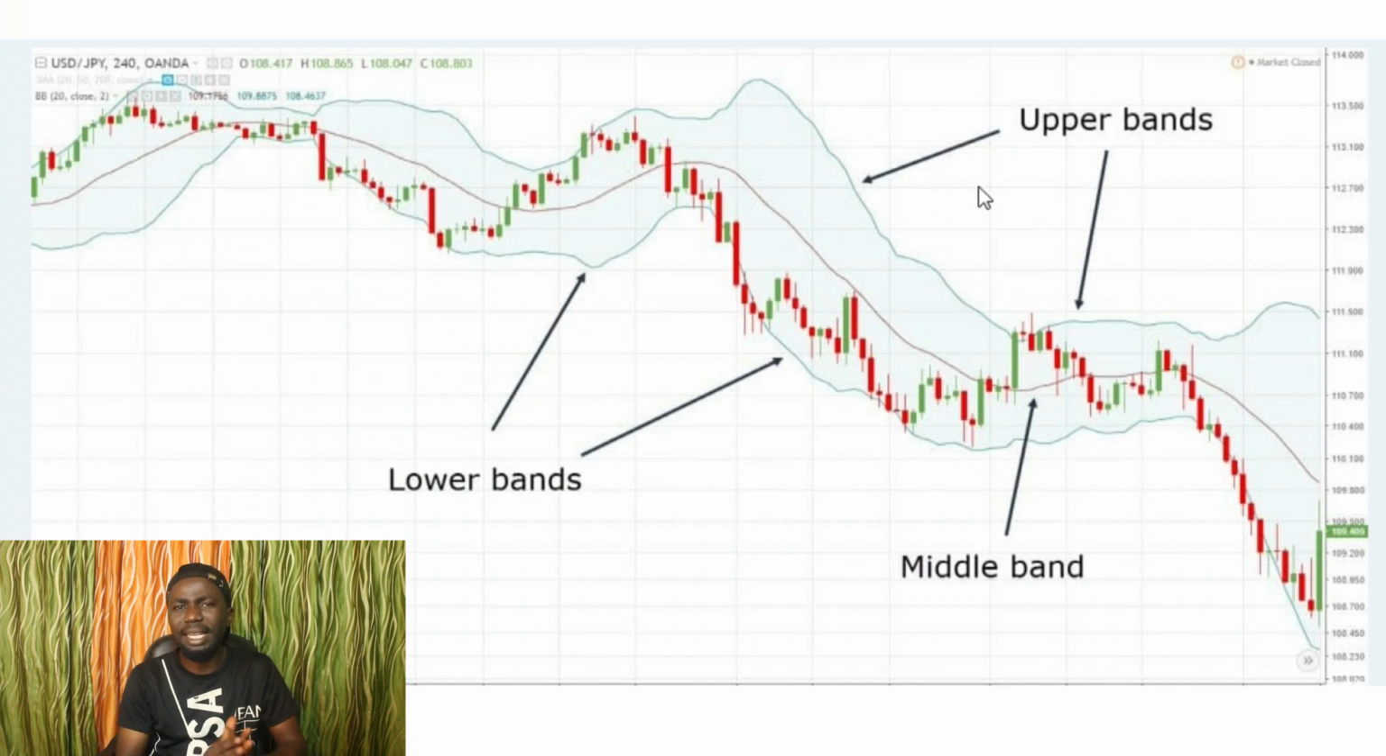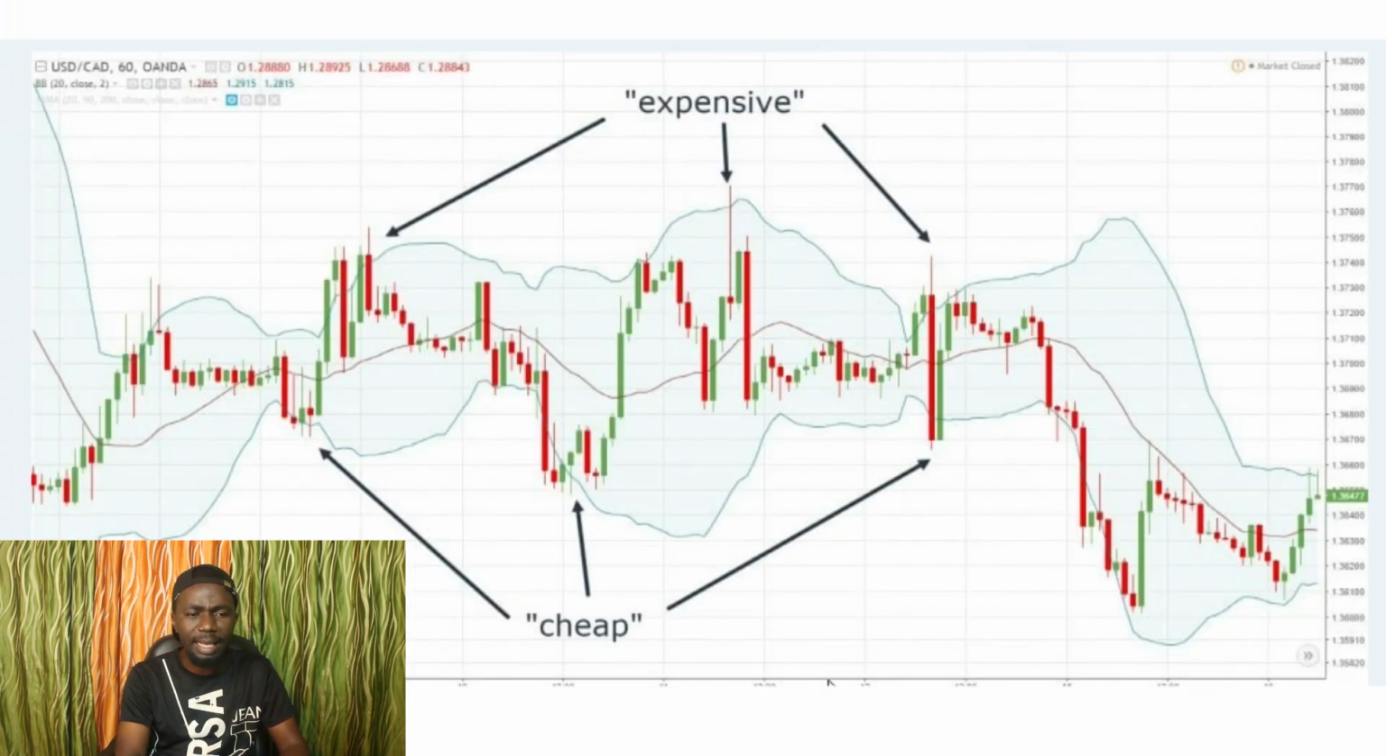While the upper band is used to do what? Identify resistance level. While the lower band is used to identify support level. So these are the three components of a Bollinger Band indicator. Now, when you look at the upper band, it tells us that the market is too expensive. That is, the market is in overbought condition, right? So when the price crosses above the upper band, it tends to return back into the Bollinger Band, because when price crosses above the upper band,